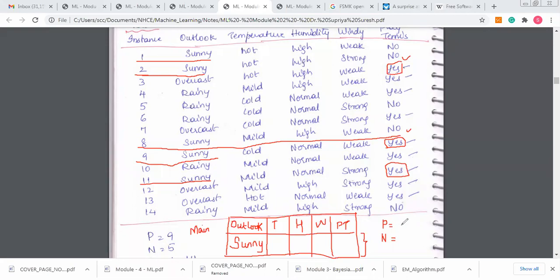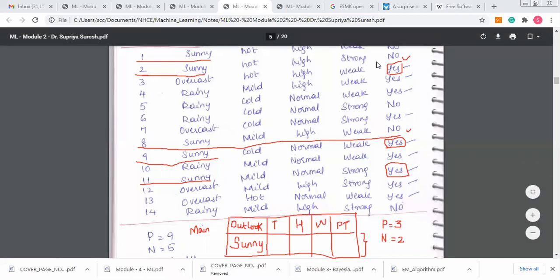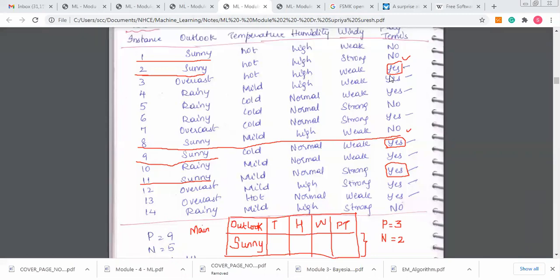Positives are 3, Shamishta, check it. Yes, ma'am. I considered the first 2. Okay, so the positives are 3 and the negatives are 2, right? Ma'am, you're considering overcast. Sunny is no and no. Then comes overcast in the third number, and that is yes. Yes, ma'am, that's the third one. Oh, is it? First two sunny are no. Okay, thank you. So this is a wrong one.